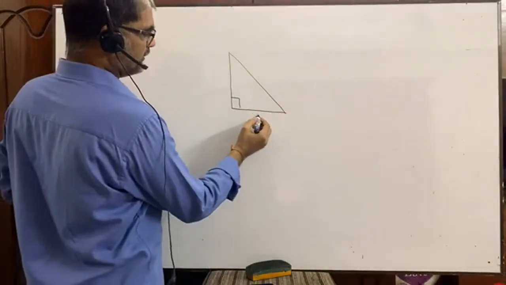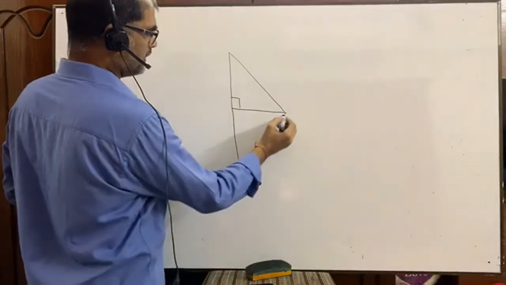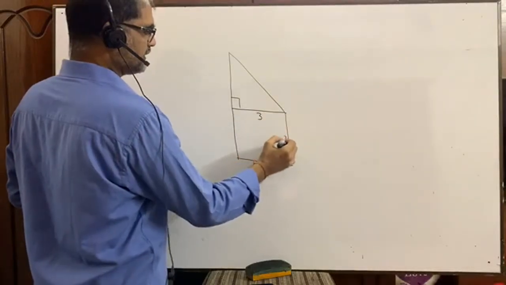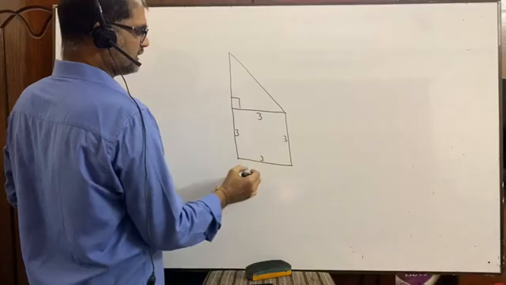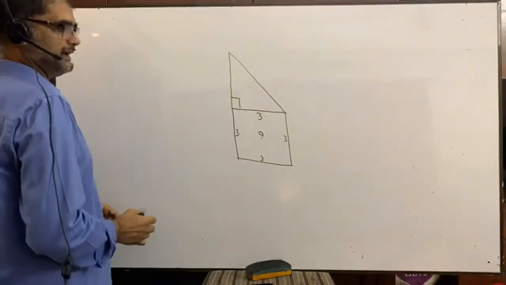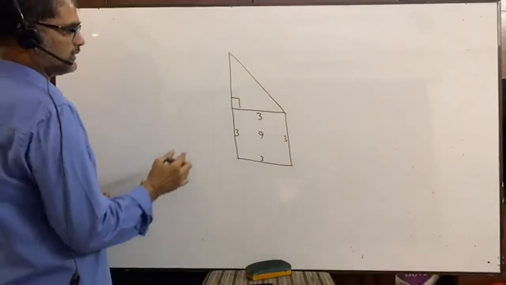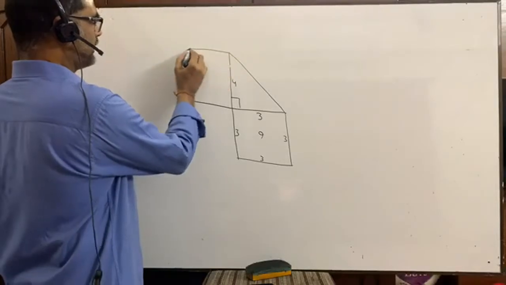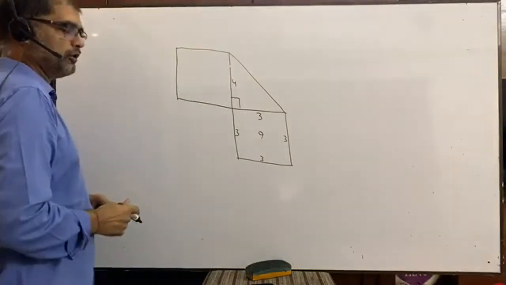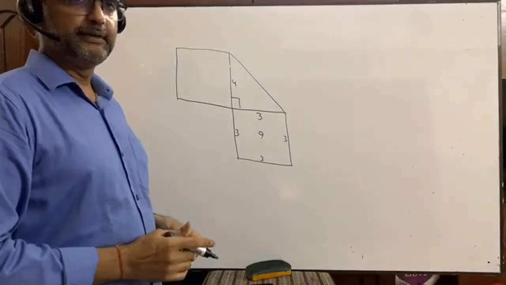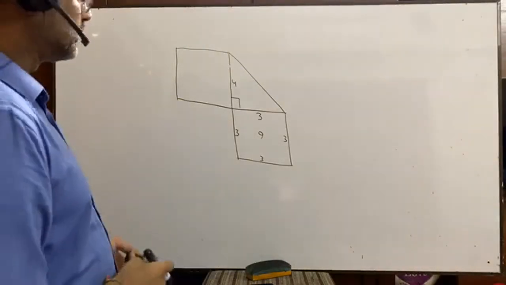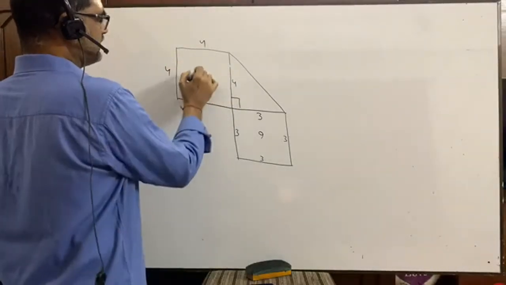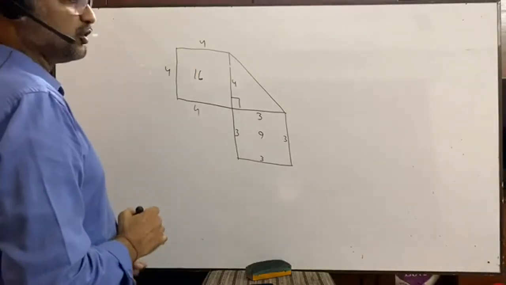So this is 3 centimeter, which means we can draw a square here. This is 3 centimeter on every side. That means its area is 9 square centimeter. Suppose it is 4 centimeter, that means we can draw a square here too, and you know, if the length of one side of a square is given, then it is possible to draw a square. So it is 4 on every side. What is its area? Its area is 16 square centimeter.